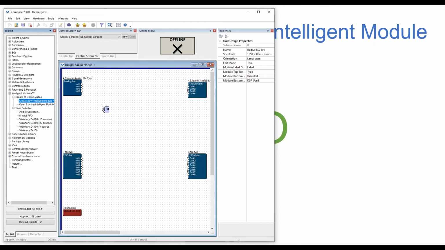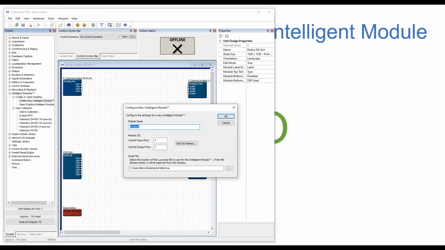Starts by dragging in, create a new intelligent module. I'm going to do a standalone intelligent module because it's a little bit easier to show all the functionality from the beginning. So let's call this demo, cool name. And this intelligent module,